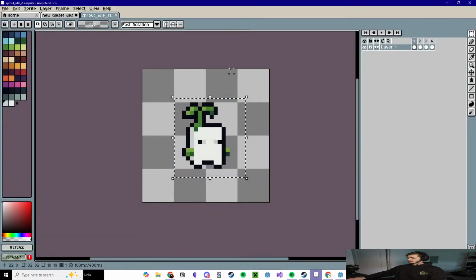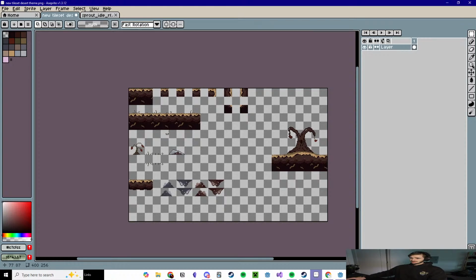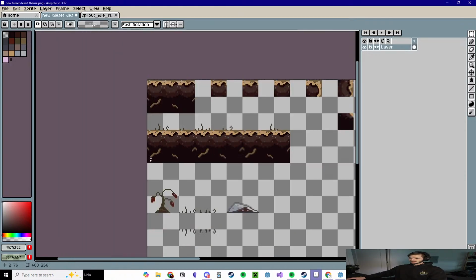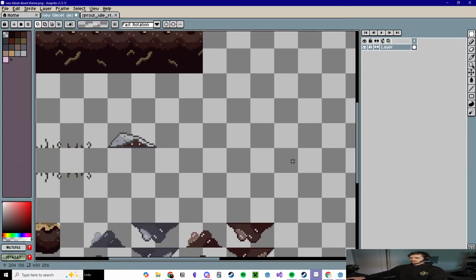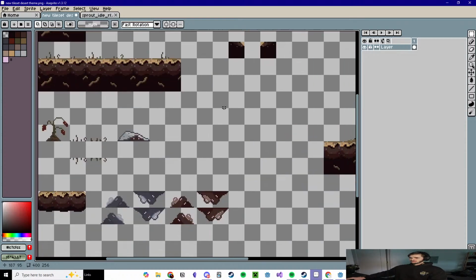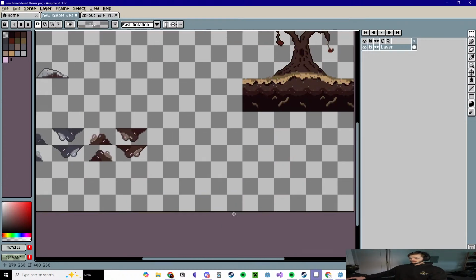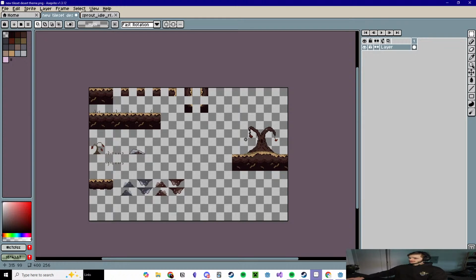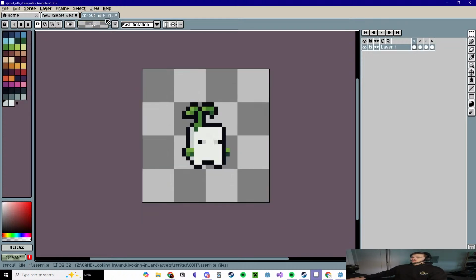Today I'm going to be doing some Aseprite. I'm going to be doing some tile sets. I'm going to redo some of these tile sets. These will work. However, I'm going to start by going back to the Brackeys video that I was learning from, and just kind of get a feel for